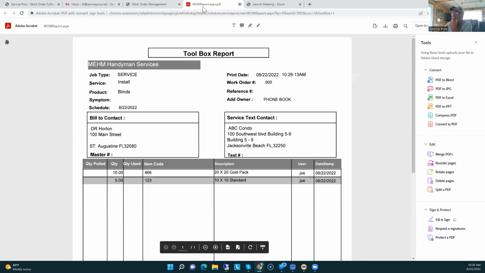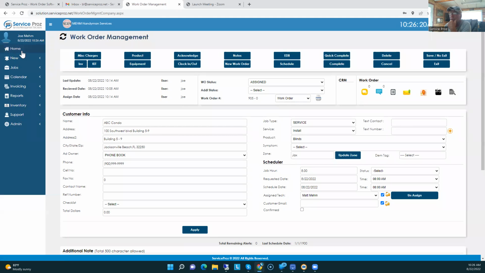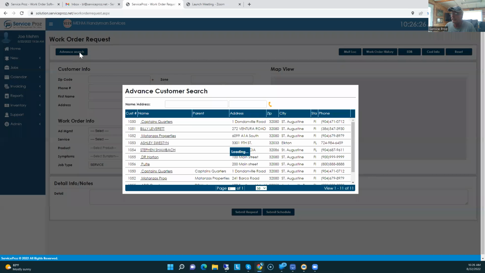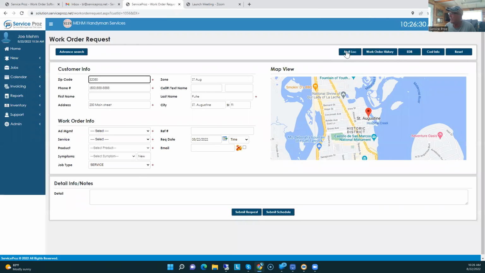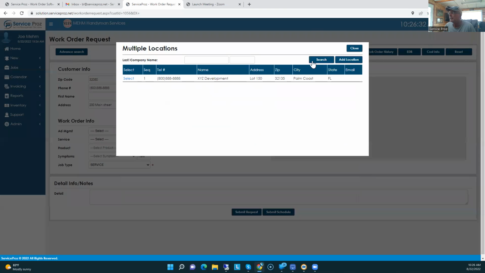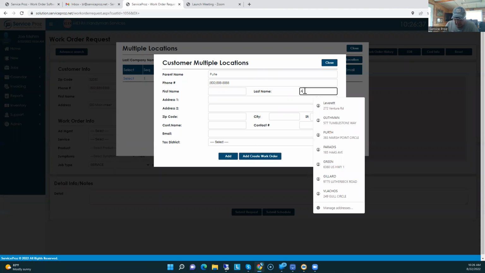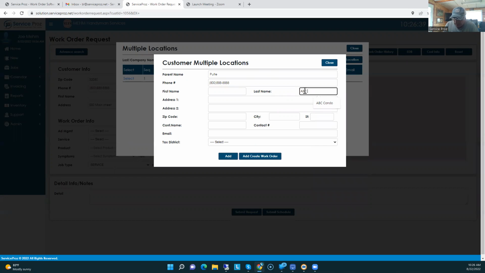So like I said, I don't see any big deal because all you have to do is, I'll go in and put a new job in for Pulte, advanced search, Pulte. I don't have this location added, so I'm going to add it. And I'm going to add a location here. It's ABC, XYZ Development. And the address is 100 Main Street,